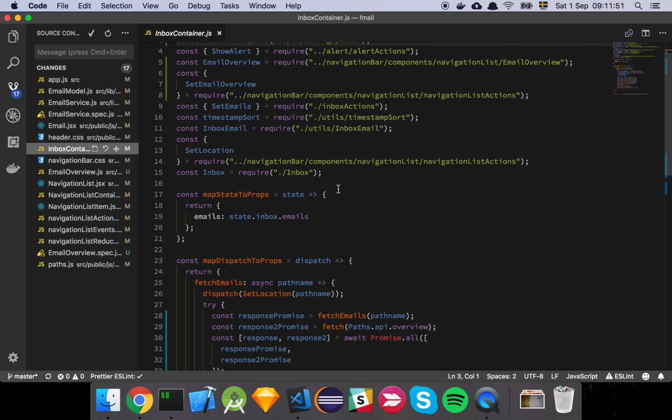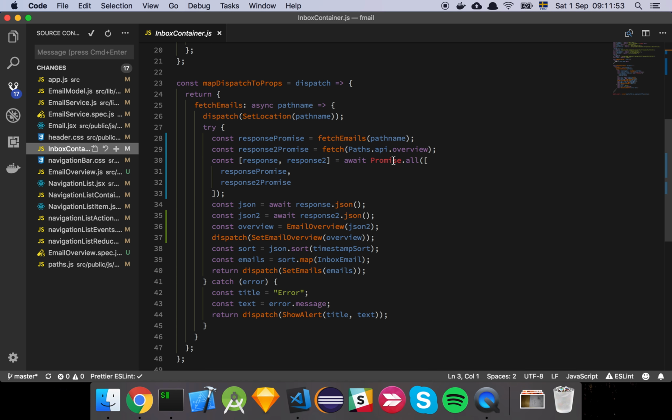In the inbox container, we've added another call, which is the call to the overview, because when we grab the emails, we want to grab the overview as well. The reason why I'm not using await in front of these two is because I want them to run in parallel. So I want this to fire, and then I want this to immediately fire afterwards, so that both network calls happen at the same time, because I don't care in which order they return, I just care that they both return. And then I use promise.all, and that's where I wait, so that I can destructure out the